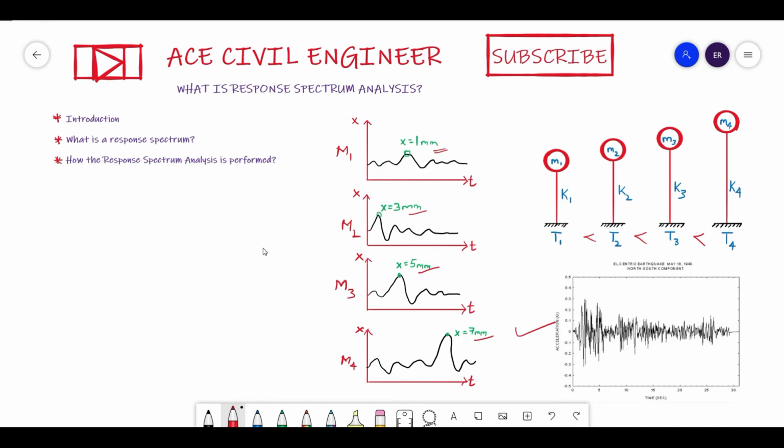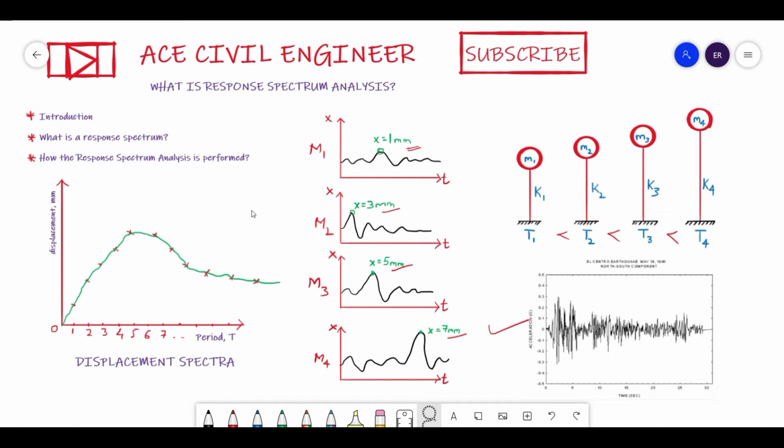So here the x-axis will be the time period, friends. As I already defined, this response spectrum is nothing but a curve which is plotted between the maximum response of a single degree of freedom system subjected to a specified earthquake ground motion. That earthquake ground motion is this one. So subjected to that earthquake ground motion and its time period, it is the graph between maximum response and time period. Here the maximum response we are considering is the displacement.